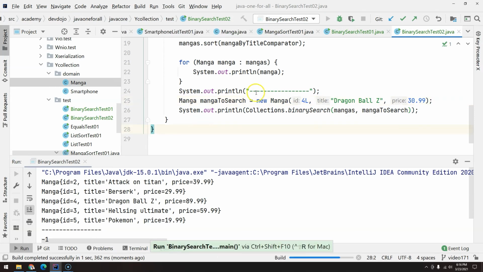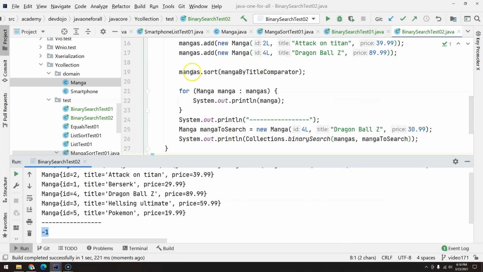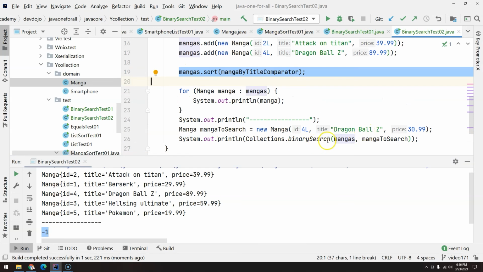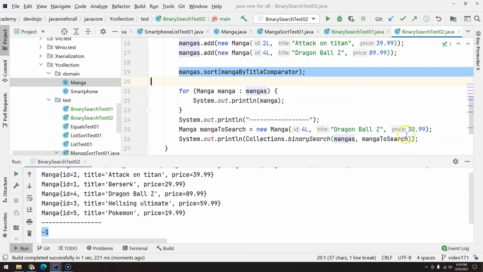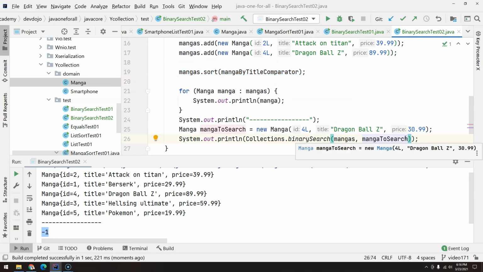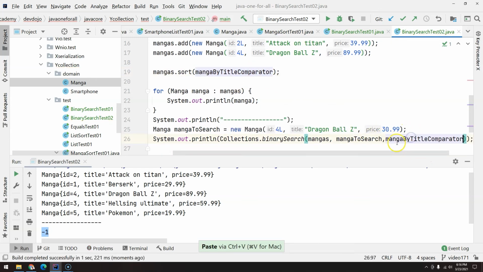Ctrl Shift F10, it is still -1. Why is that? Because we are sorting by title, but our binary search is expecting it to be the price. Now, what we can do is come here, and since this method is overloaded, we can pass the comparator as well. And now, Ctrl Shift F10,